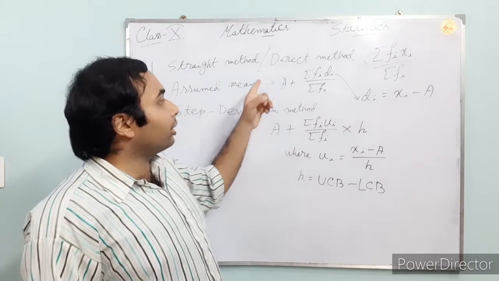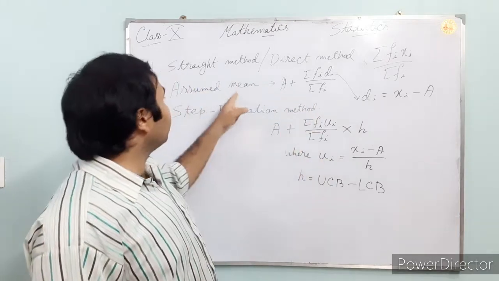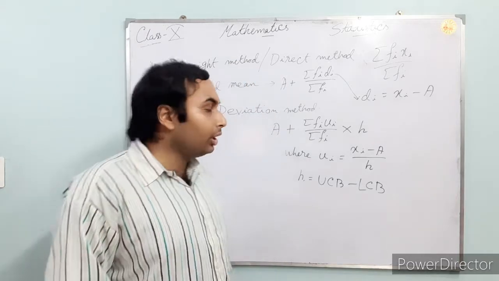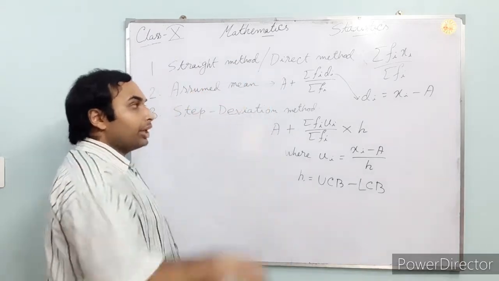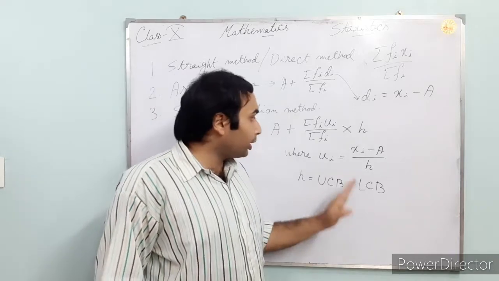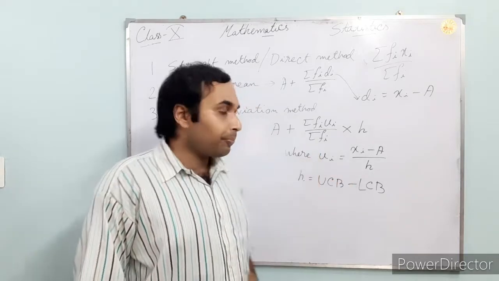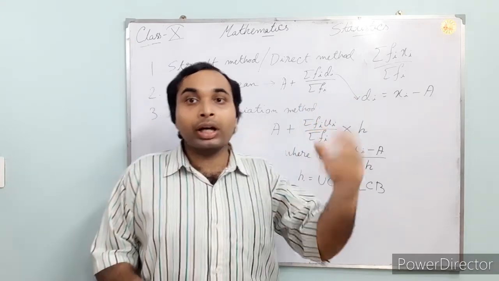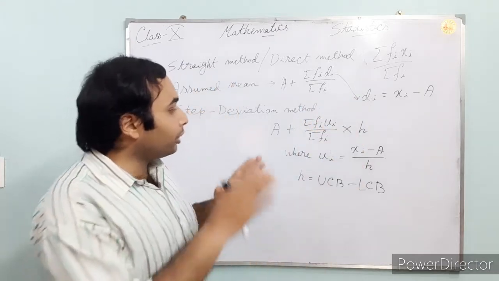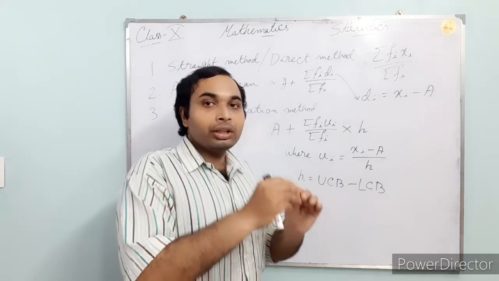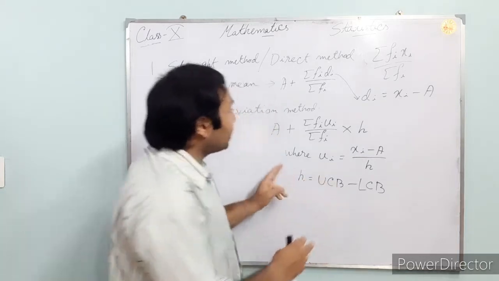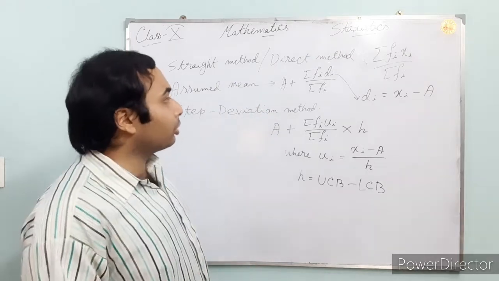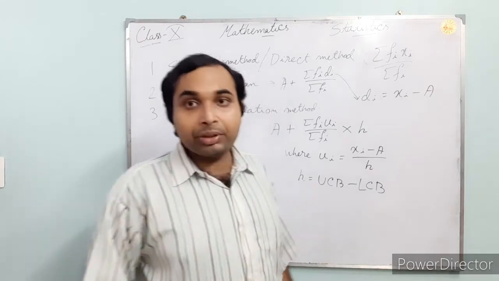In education, that is the stream education, you will find the assumed mean method, and the direct method is the simplest form there. Somehow some errors can also be there, but here the error will be minimum. Error means the deviation only, not the wrong answer. The answer will be more accurate, nearer in this method than that method. So let us do one example with the step deviation method.